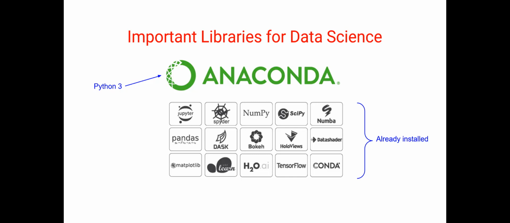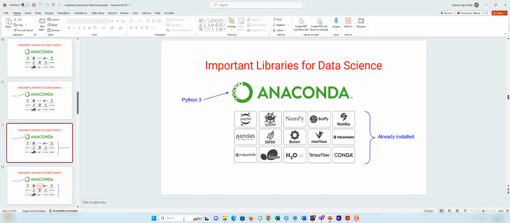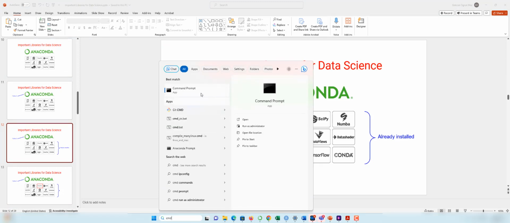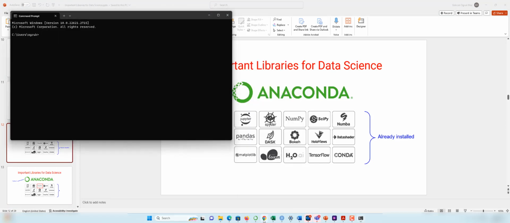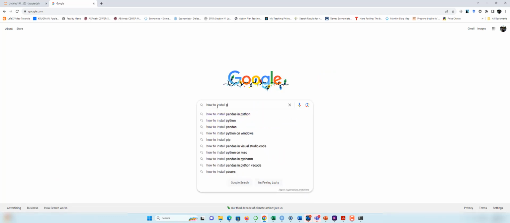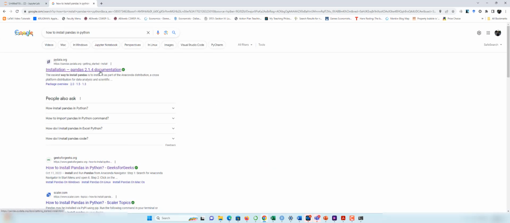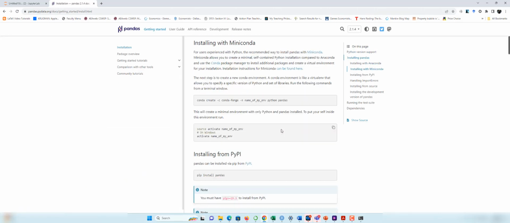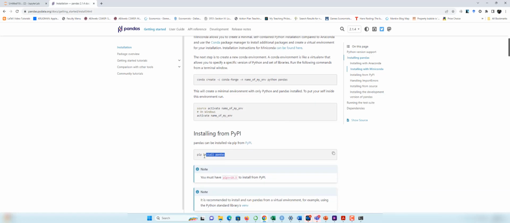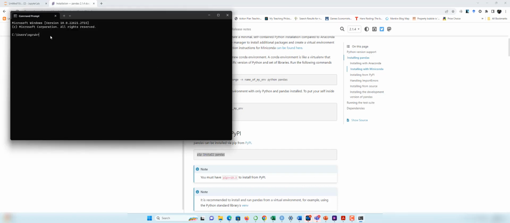Let's try to see how to install in a live example. Let's say we want to install Pandas on a system. Let's go to our terminal. You can find terminal by typing here cmd. So you are going to search on Google how to install Pandas in Python. And you can choose this one or this one, doesn't matter. Any of the websites is going to help you to install Pandas. So this is the code: pip install pandas. So I'm going to copy this code and go to the terminal and paste this code here